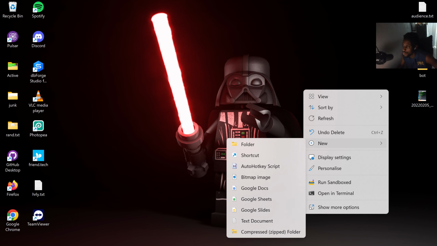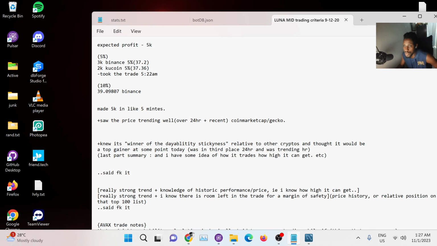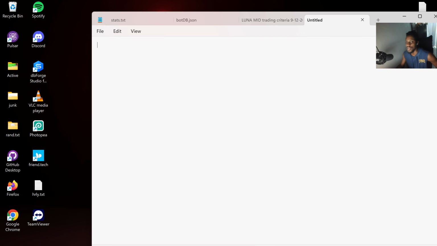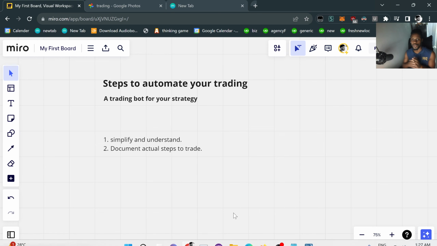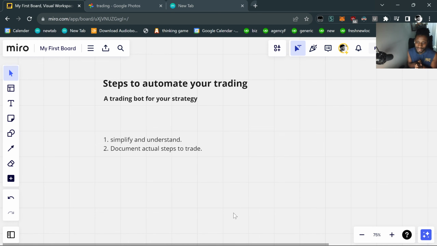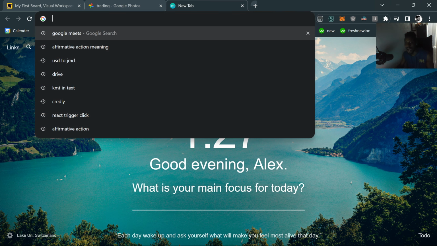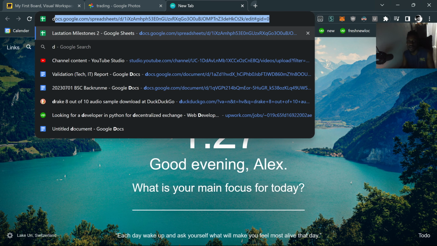So let me make a note. Let me actually make a notepad here with you guys and just do the actual thing that I actually did. After I created that, when I was going to that trade, what I realized while I was trading was: all right, I buy a coin, but what coin? How do I even know all this? And then I realized that oftentimes my step one was that I was always watching